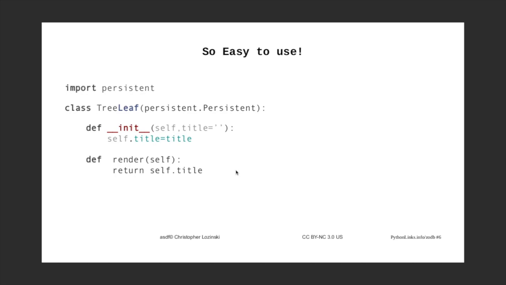Okay, so how do we use this thing called the ZODB? Well, it's really easy to use. You just, instead of subclassing off object, you subclass off persistent. So here we have a tree leaf. We have an initialize method that basically sets the title. We have a render method that displays the title. And we just have to import persistent and subclass off persistent. So you basically get persistent object,